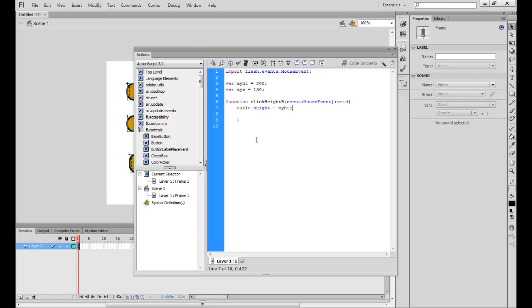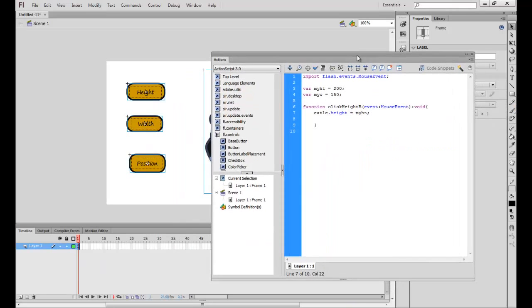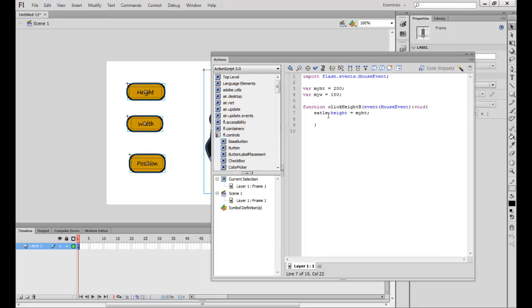Now what am I telling the function to do is that the eagle, this was the instance name of this particular eagle that we had here, its height is equal to myHeight. I could have easily given 200 here. This could have also worked, but we generally give these variables a name so that if I modify it here, I don't have to modify every point and find out where my height is basically being used. So that's the use of using variables. Now